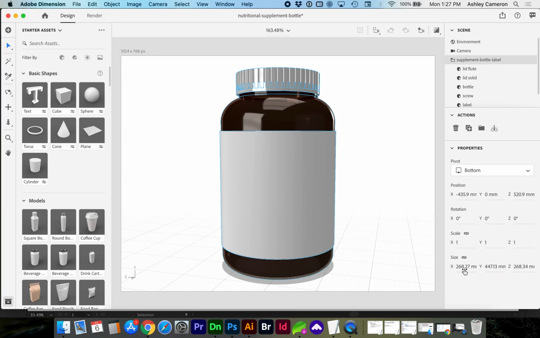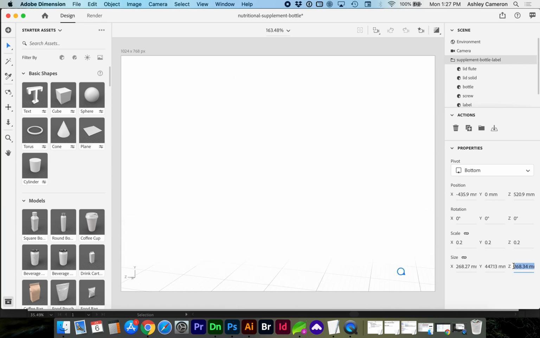Let's say that the entire height of this bottle should be 103.5 millimeters. If we look at our reference here in the corner, the y-axis is the height. And if upon resizing you have lost your object, just tap F on the keyboard to bring it back into